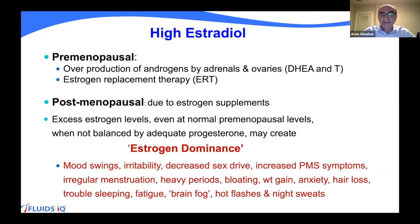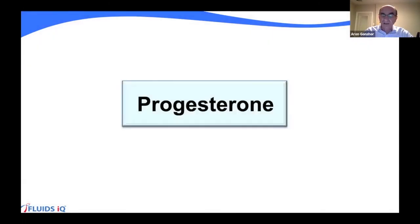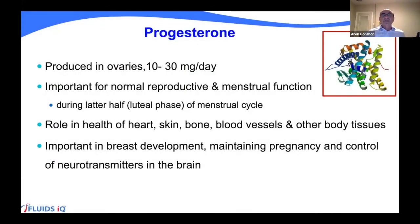I've written a whole number of things that it causes. There are about 14 or 15 main things which comprise estrogen dominance: mood swings, irritability, decreased sex drive, etc. You can read that in the PDF, which will be given to you, but it's an important entity which can happen with high estriol. Progesterone is produced in the ovaries, and as we know, it's very important for normal reproductive